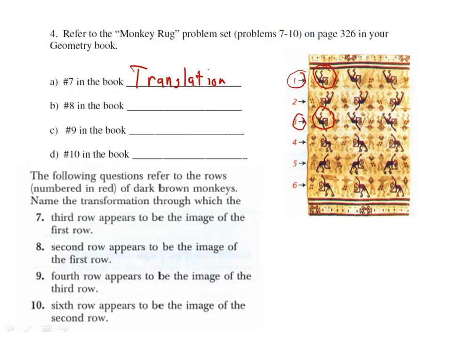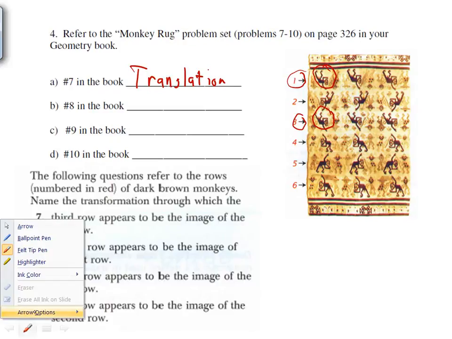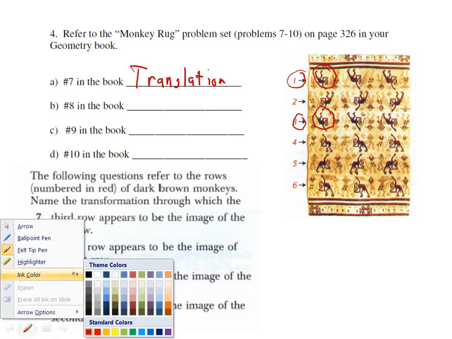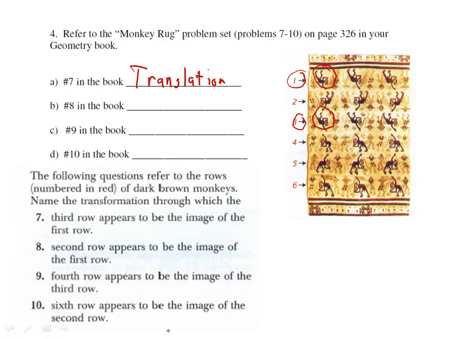Number 8, name the transformation through which the second row appears to be the image of the first row. All right, so let's try a different color here. So we're second and first row. All right, second and first row. And you can see that it's more of a mirror image. See that it's not exactly a mirror image, but it's not a rotation, because if it rotated around, look at